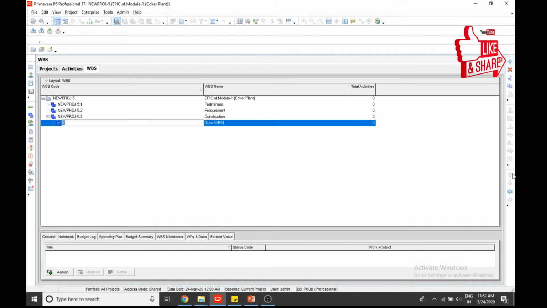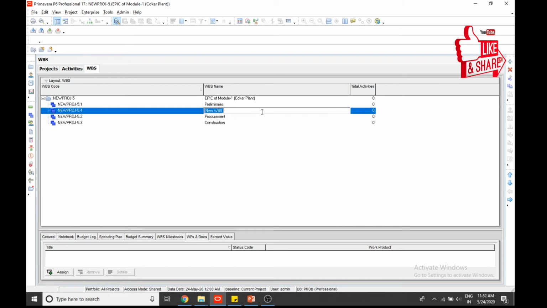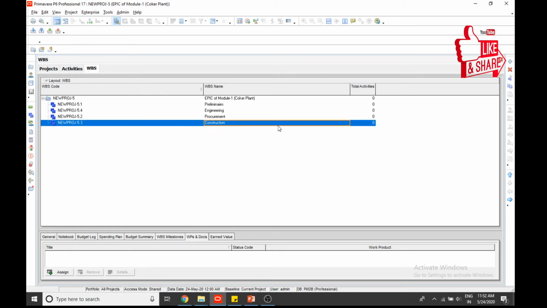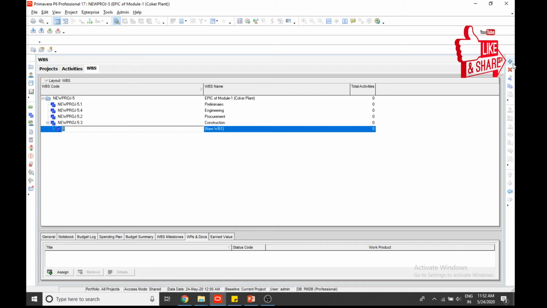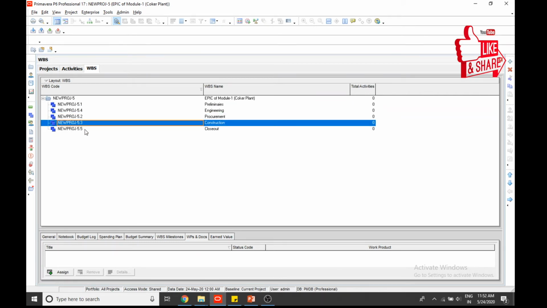We'll create another one before that, that is engineering. Then we will add another one, it is close out. So now these 4 WBS are already made. This is level 1.